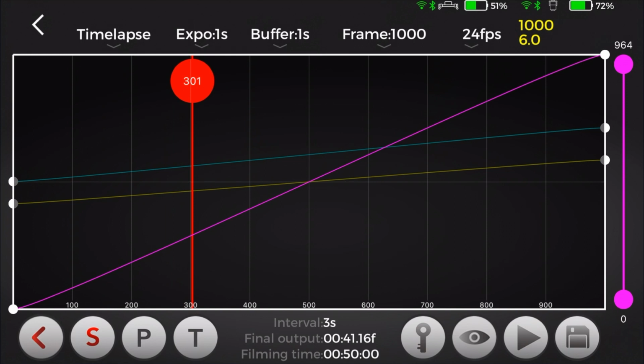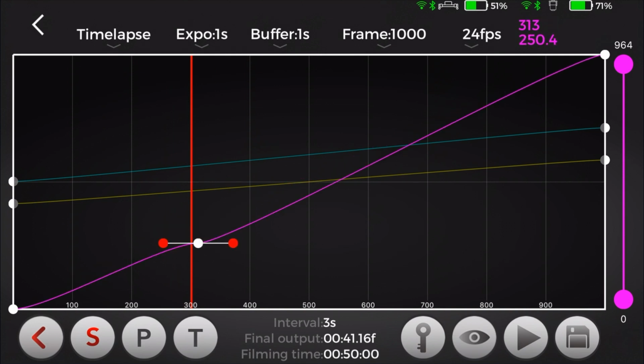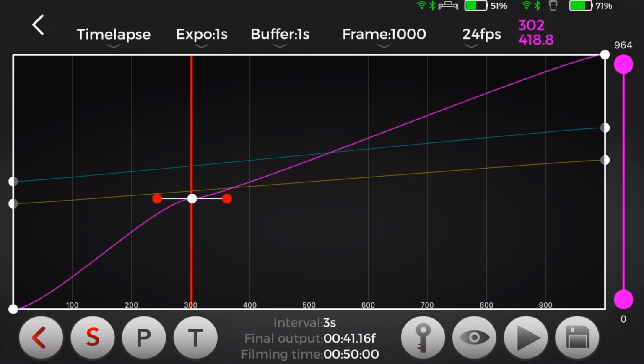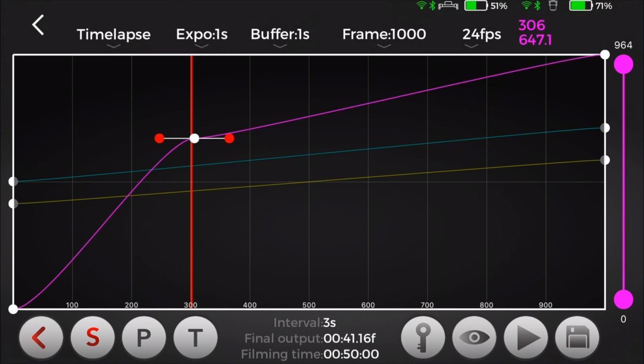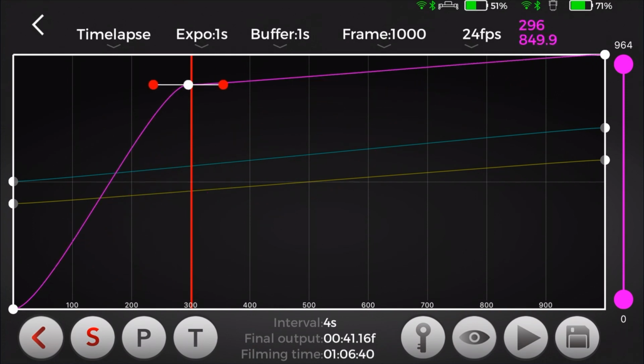And then I click on the little key icon, which is the keyframe, and it puts a little dot in there for me. And what I can do with that is then move it around. So if I click on it with my finger, it allows me to move it up, it allows me to move it down. So I can do a quick speed ramp up from the beginning to there at point 300, frame 300, and then it'll slow down for the rest of the